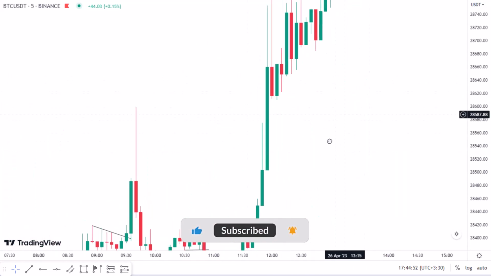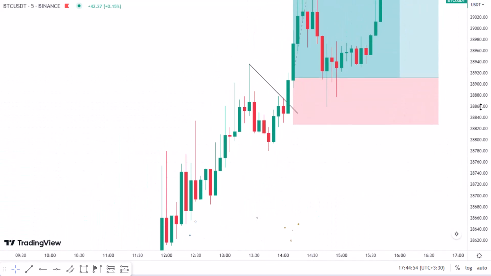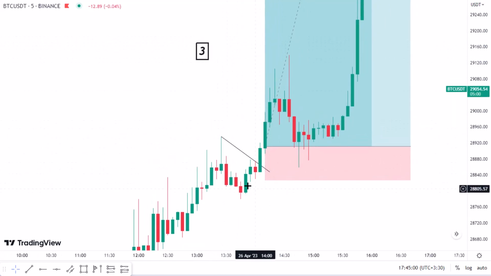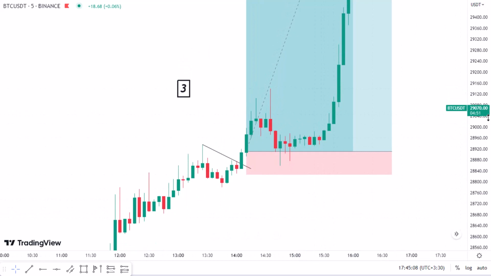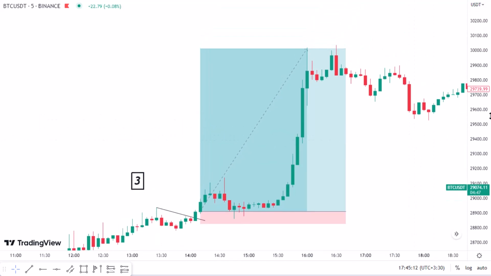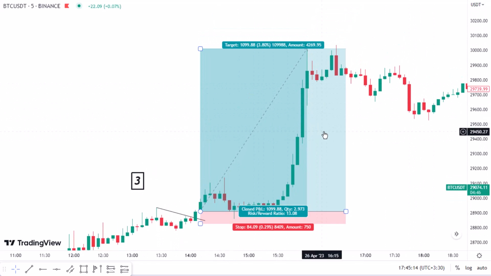Yeah, let's move to the next trade. We had this one here, the third position. We did have this trend line for the price, broken here. We enter buy position, put our stop loss below the candle or somewhere safer, and look for our reward 2 or RR2, which the price goes up and gives us something around risk to reward 13, which is a really